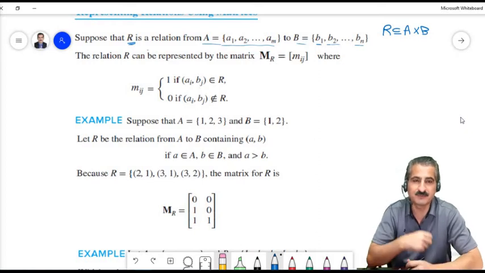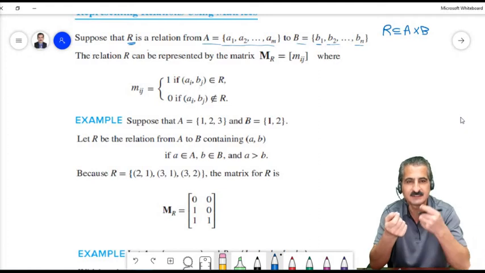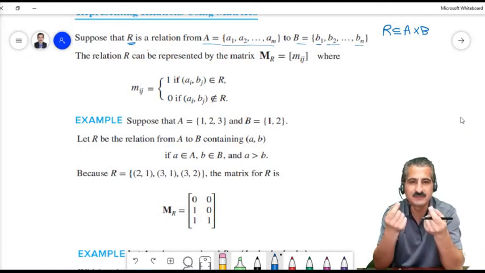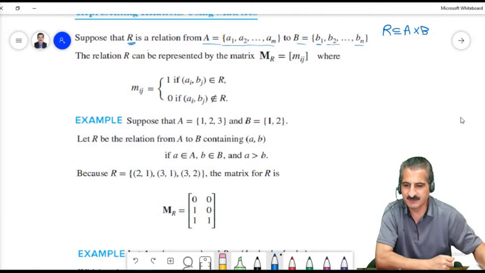The first element of each ordered pair comes from A, the second element comes from B. So some elements in A are related to some elements in B, and we want to represent that using matrices. So R can be represented by the matrix, we will call it M sub R, which consists of